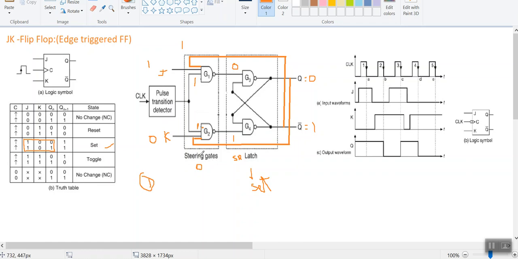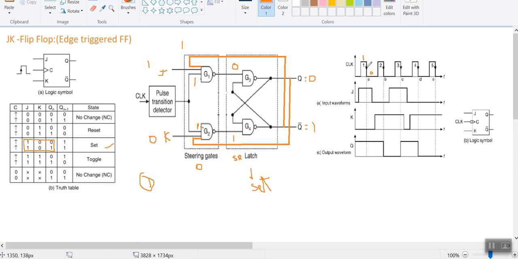You can explain similar cases too. That is what we can observe in the waveform also. But in the waveform, for a little change, we considered a negative edge triggered clock pulse. Positive edge triggered means 0 to 1, and the negative edge is the change from 1 to 0. That edge is called the negative edge flip-flop.